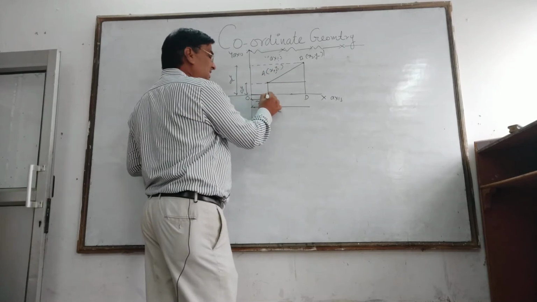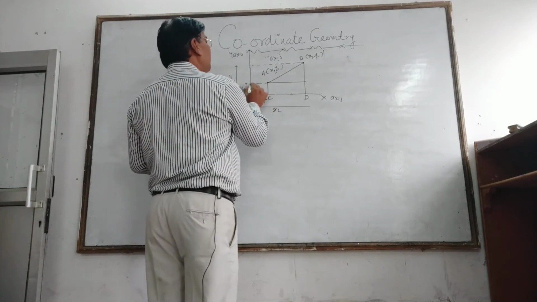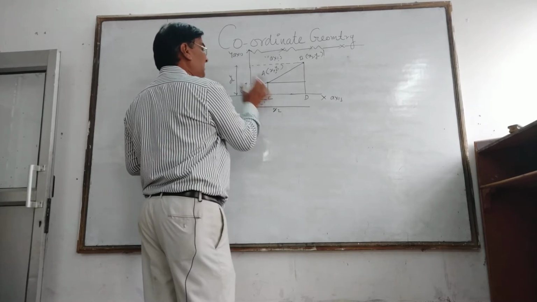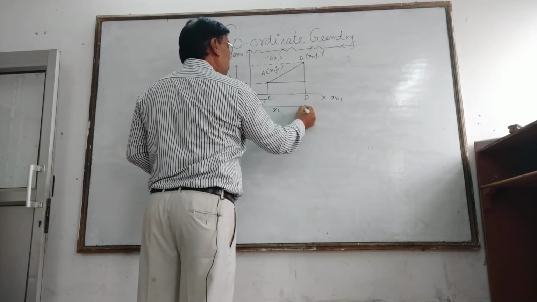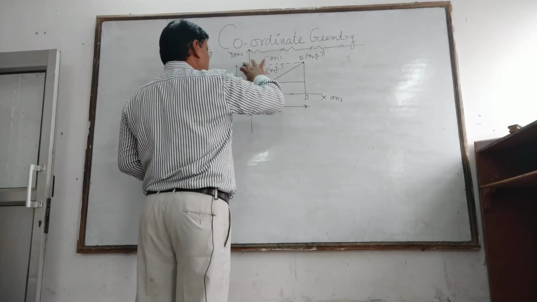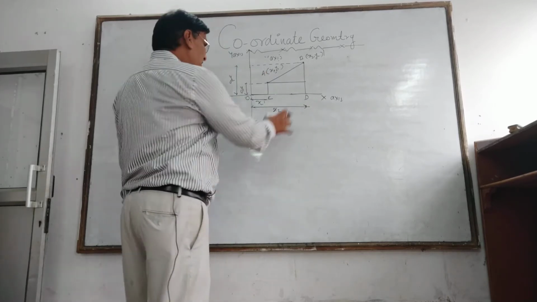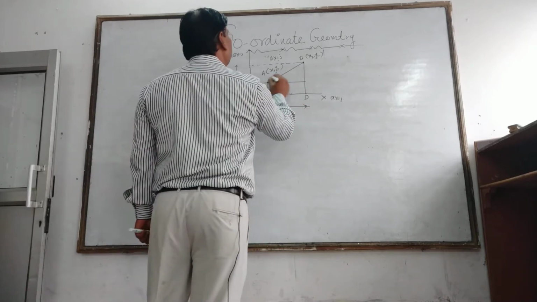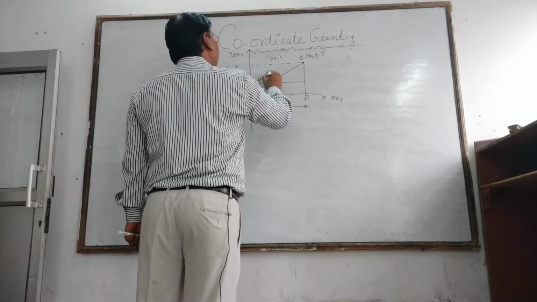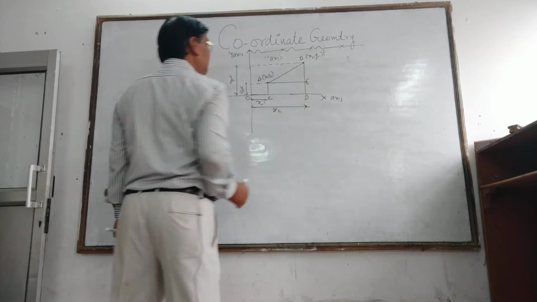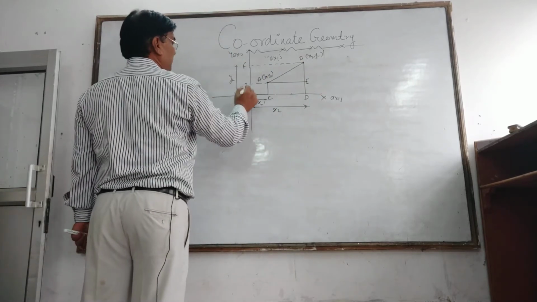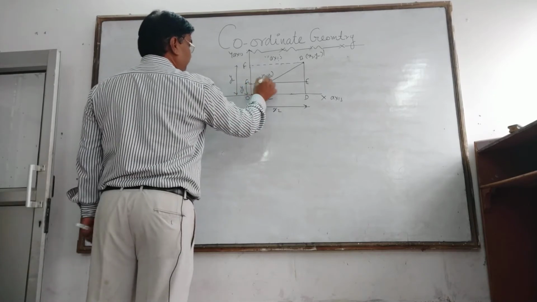So the x coordinate will be x1 and the y coordinate will be y1. So that is y1, that is x1. And in the case of B, the x coordinate is x2, so this one will be x2 and this one will be y2. Now CD, AB, A is x1, y1, A, B, C, D, E. Now look here, F and G.